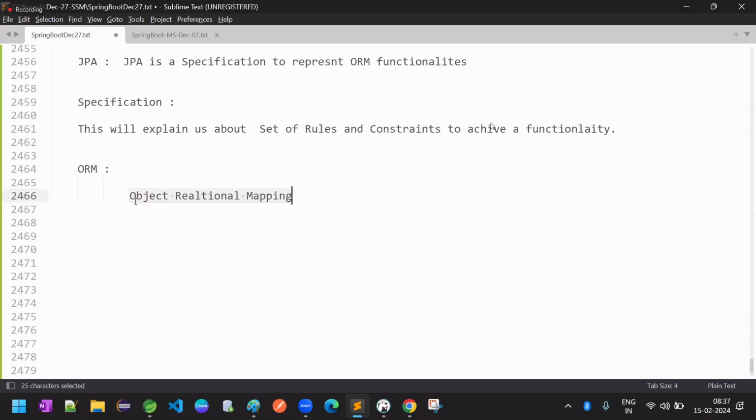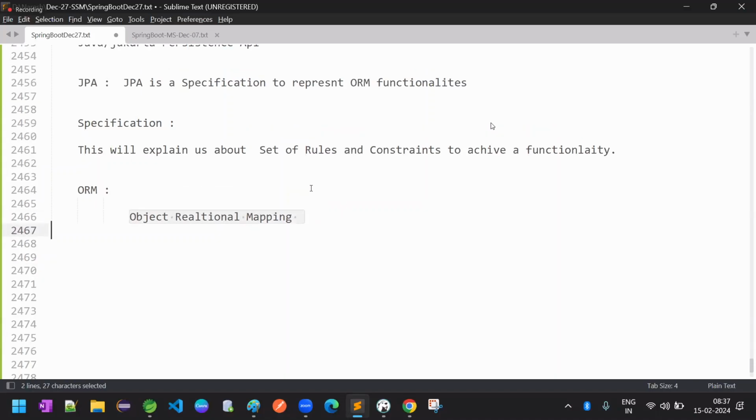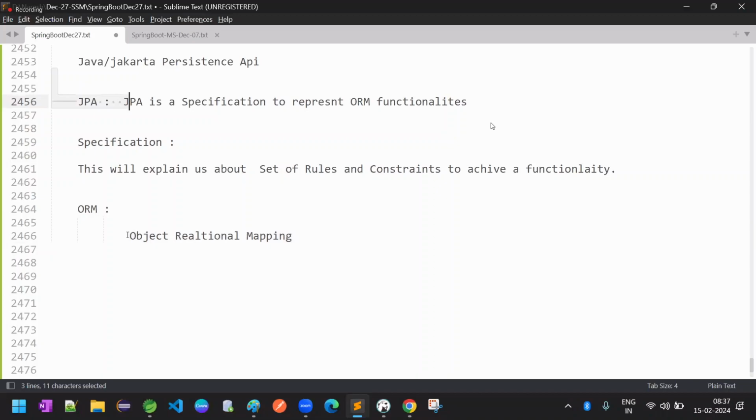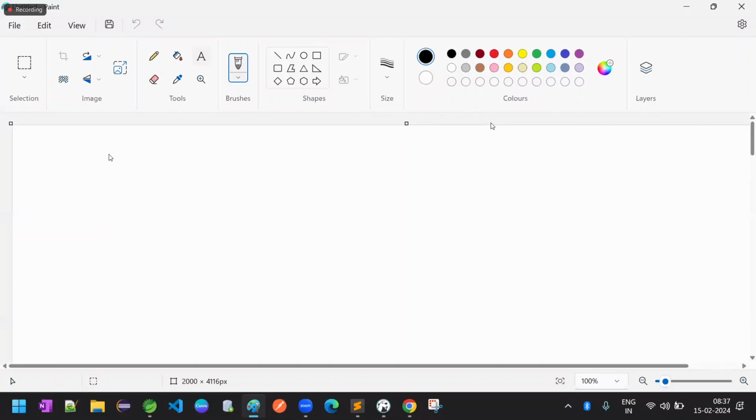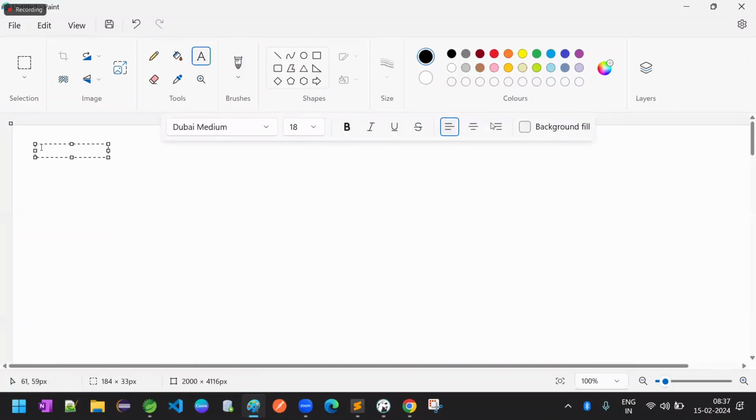Okay, so let's focus a bit on the ORM. What is the real meaning of ORM? What are the functionalities of ORM? We will try to understand object relational mapping, then we will come back again to the JPA. First, we should get clarification on the ORM concept. So let's come back here. What is the ORM? We will try to understand. Object